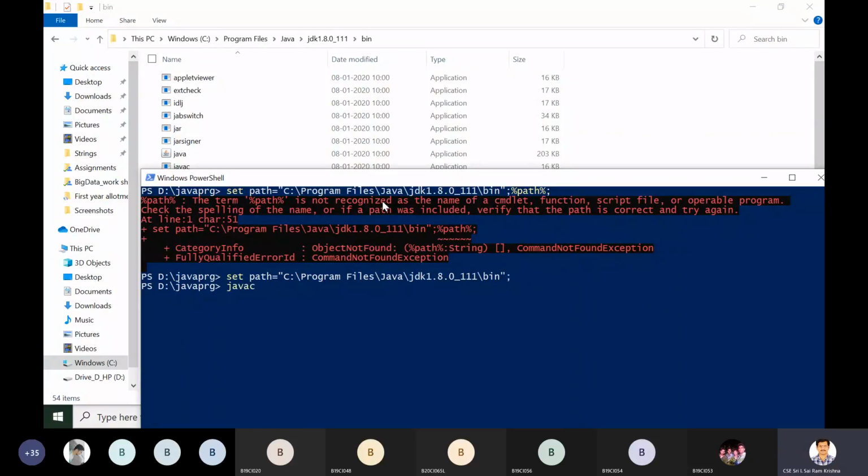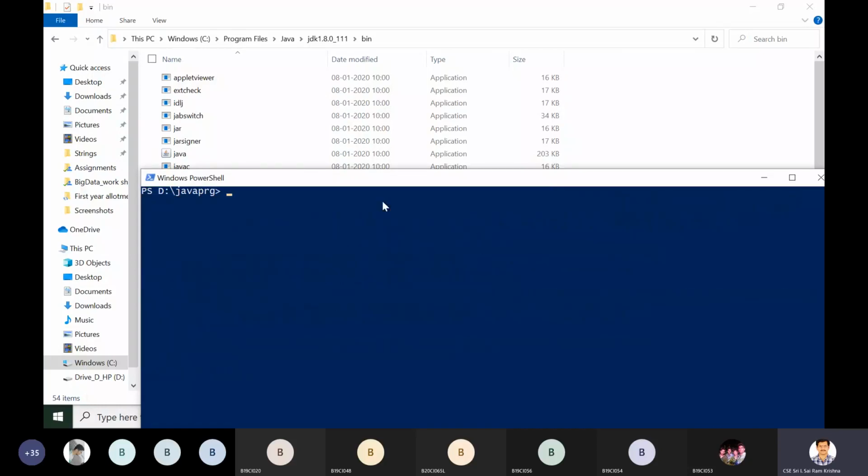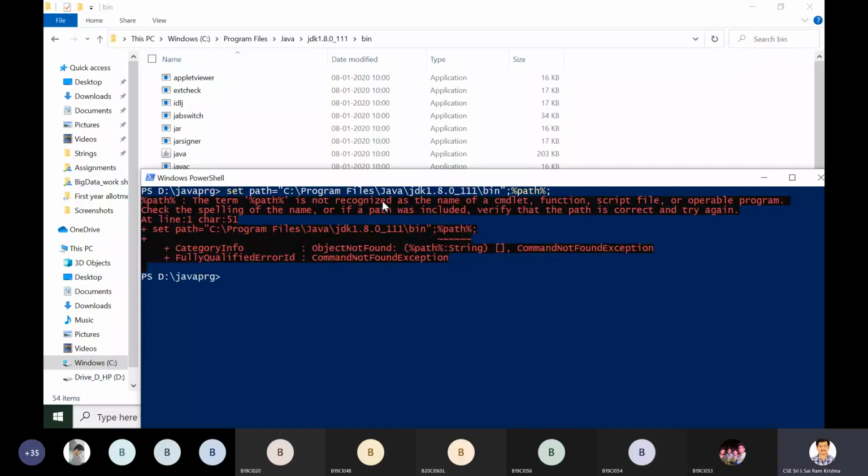Now check it out, javac version, still it's not recognized. Set path. I think we cannot do that in PowerShell actually.